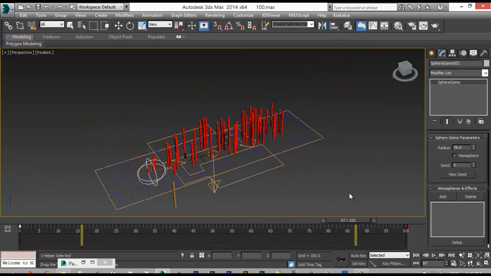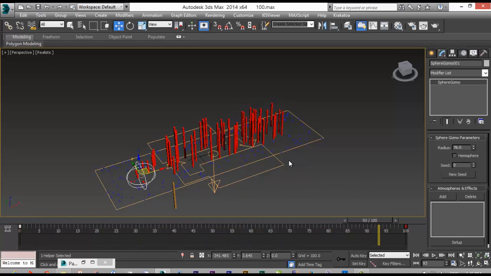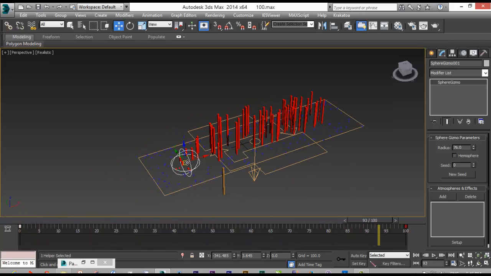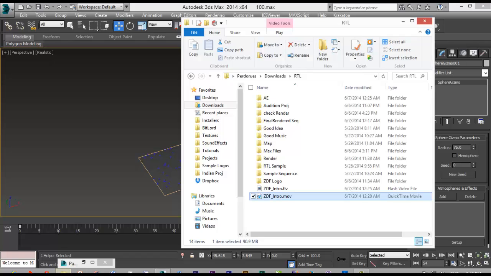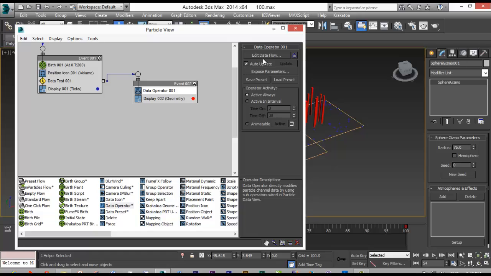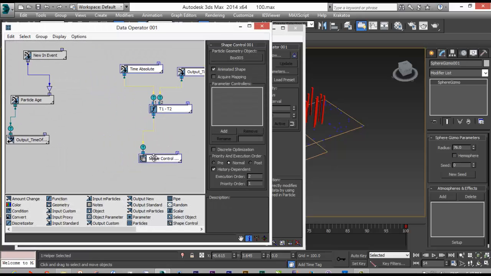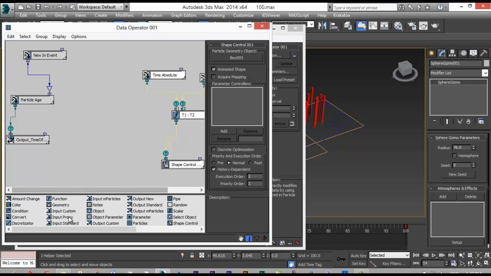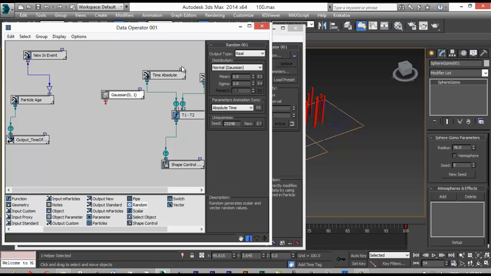So right now I have my boxes that are growing up when the gizmo reaches each particle. This is the main trick of the intro that I created. And there's another thing that is good to do: to give some offset for the scale. So for this I create a random